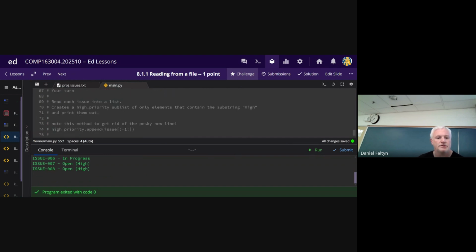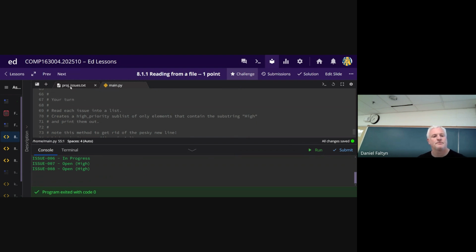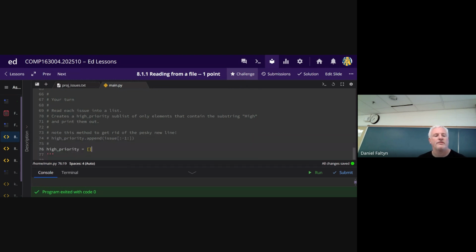Okay, good. Your turn. So this is one of those things, and maybe I'm getting just a little disillusioned and discouraged. My intent with these freebie exercises is that y'all actually code along.